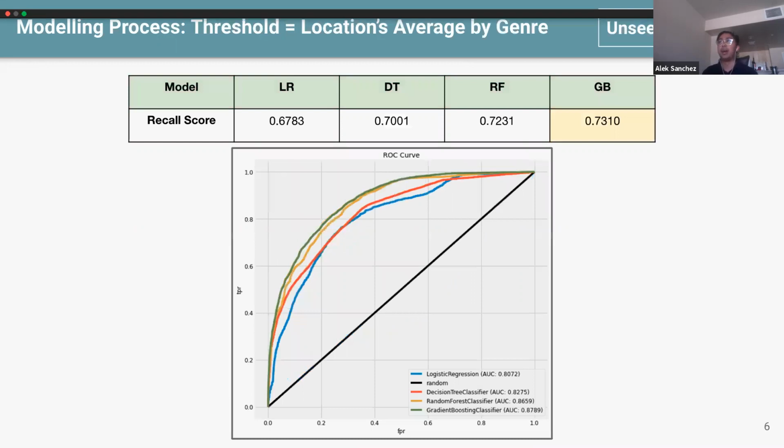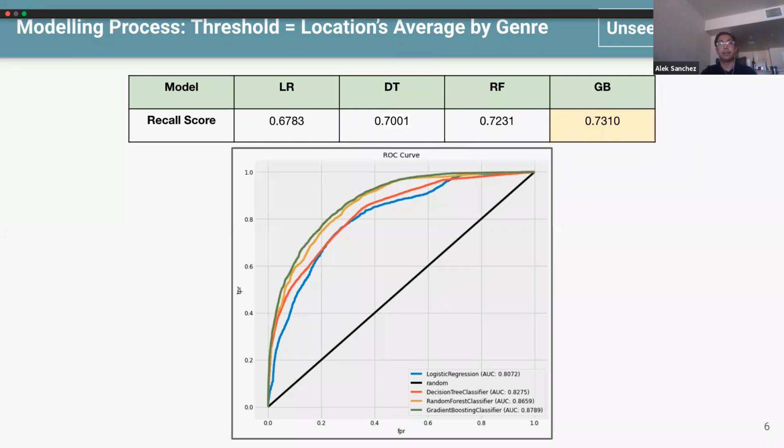As I arrived at my best model, I was able to arrive at a recall score of 0.73. This was derived by using each location's average per genre of the film, so that the threshold was unique to each theater genre combination, as well as standardized the numeric values to gain a better score. I also did some clustering on the movie data, as well as processing the plot overview of each film through a TF-IDF matrix, but that did not yield better results for my model. The class balance was about 120 to 80,000, and undersampling did not yield better results than my best model.